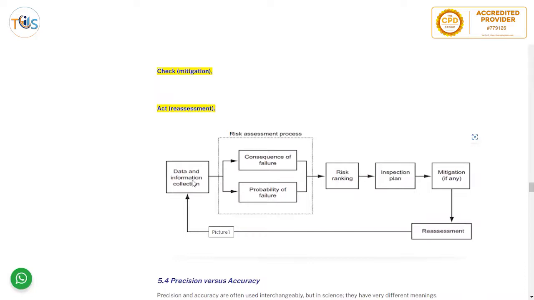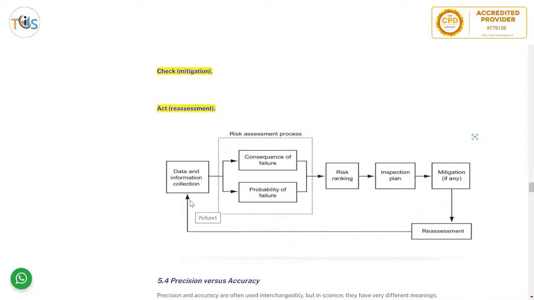So you have data, information and collection, consequence of failure, probability of failure, do the risk assessment, risk ranking, and then if the risk is not acceptable, then put it in the inspection plan, do the mitigation, reassess, see that if it is within the acceptable